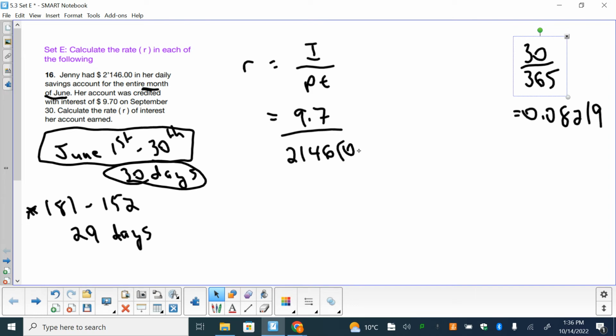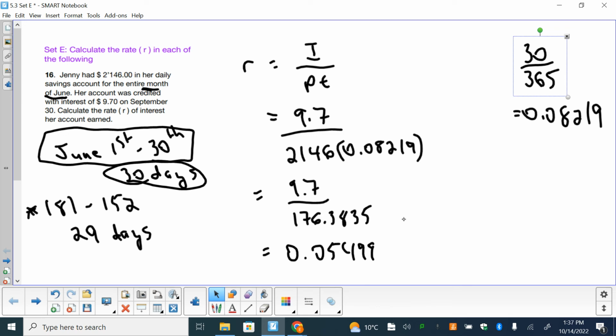So that's the amount of years that we're talking about. So I'm just going to multiply that with the bottom number, 2146. I'm going to rewrite the top. And then I'm going to divide those two numbers with each other. And so I get